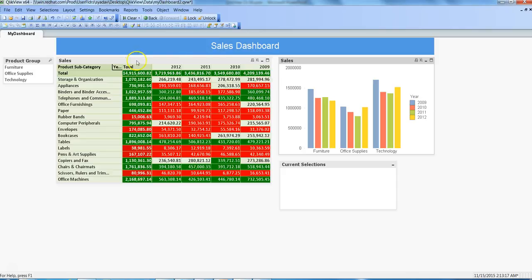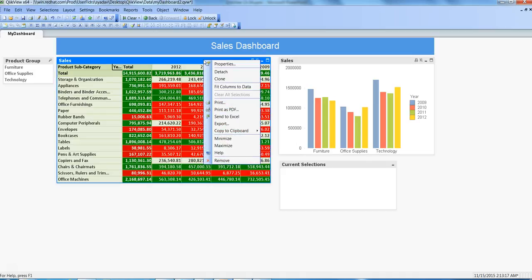Now as you can see, the print button, the send to Excel button, and the minimize and maximize buttons are appearing on objects like the pivot table and the chart. So these can also be removed. It can be displayed as plain. For making these changes, just like in the pivot table, I right click on the object, that is the pivot table,